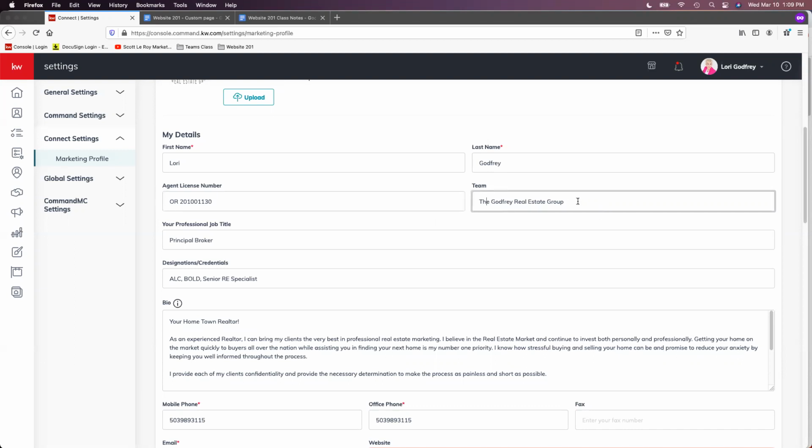Then you have your team name. If you're not associated with a team, you're not a part of a team, completely fine. We still recommend that you put something here, whether it's your first and last name, realtor with Keller Williams, realtor with Keller Williams Realty Select, whatever brokerage you're with,